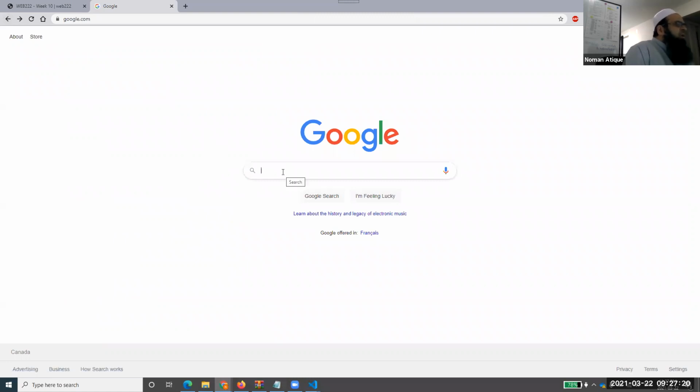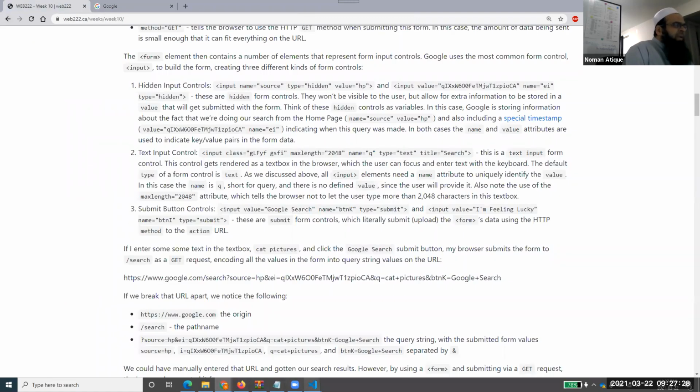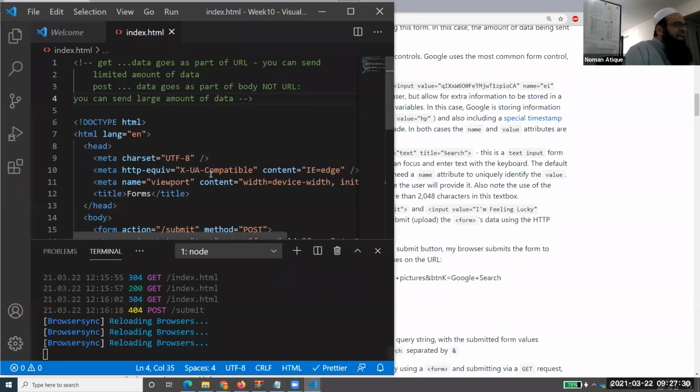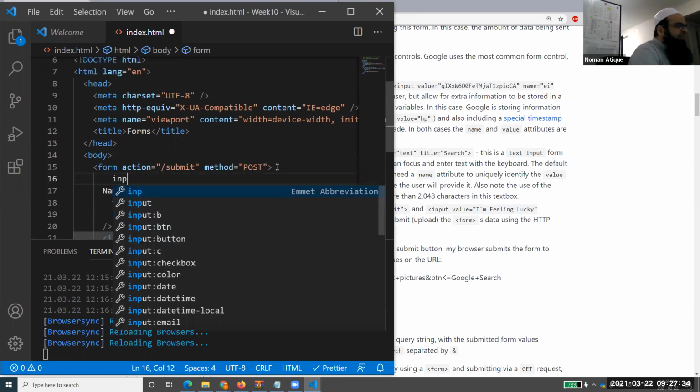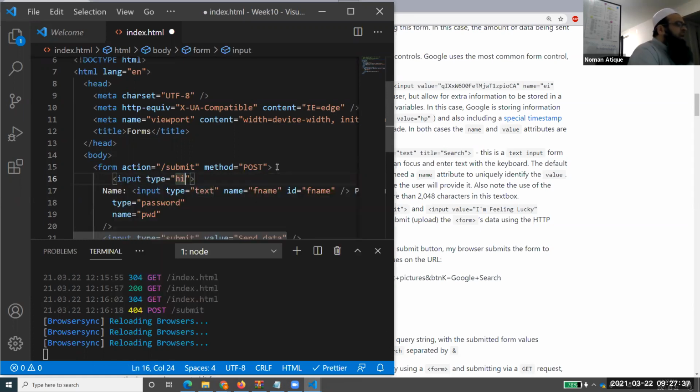And do they need to show that time over here? Do they need to show those input boxes over here? No, they are sending them as hidden. So if I use a hidden text field over here, if I say input type is equal to hidden, I'm sending a hidden field, and name is equal to anything, right? So I'm sending this one as well. Will it be shown on my page?